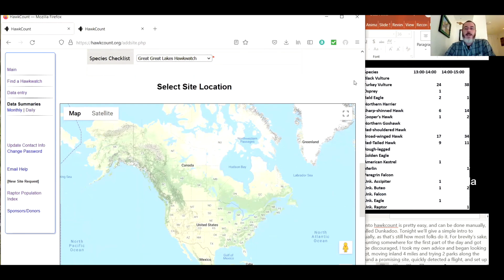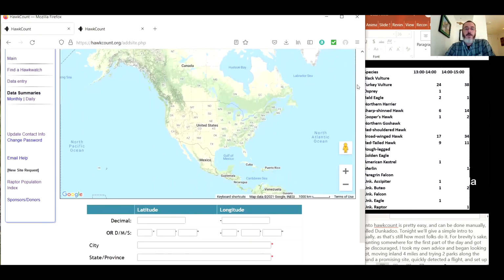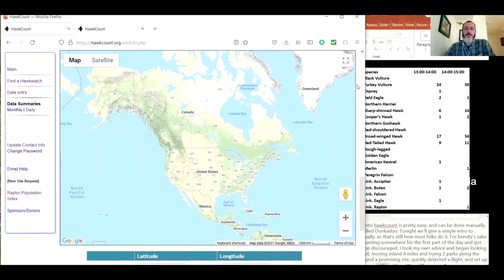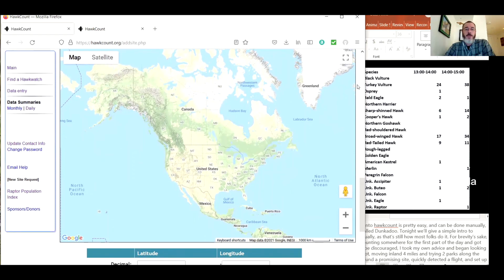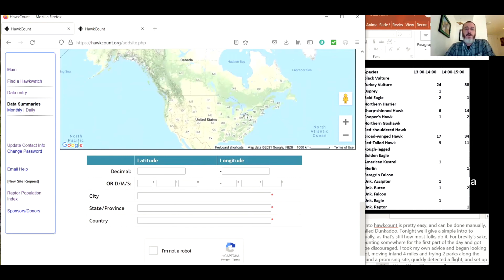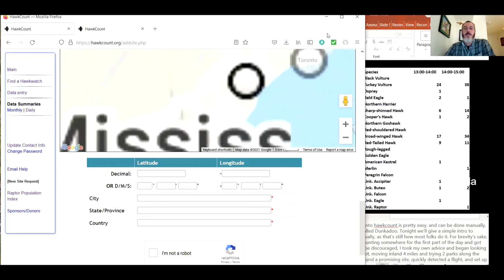Now we have this fantastic interface here. Our web developer, Jason Sodergren, has really done a fantastic job of putting this together. We've got this great web interface using Google Maps. And so you have two options. You can either old school enter in the decimal degrees, the latitude and longitude, or the degrees, minutes, seconds for your site. Or if you can pick it out on a map, you can simply zoom into the site